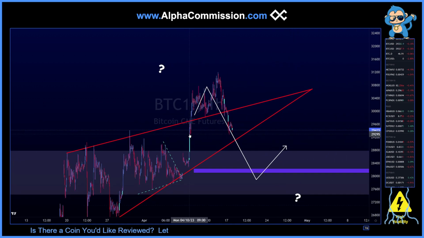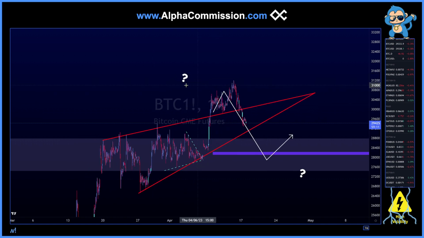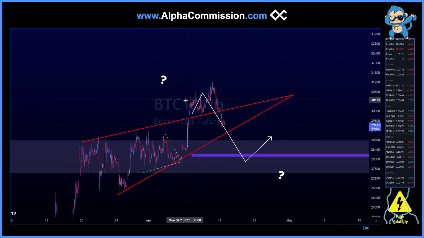And part of my reasoning for this drop here, I did show this in the Discords. When we were over here and we hadn't even touched the top of this red rising wedge, I did suggest that there was a likelihood that we could push up, actually deviate on top of it, and then come back down. And I posted this chart in the Discords, so it was more than a week in advance. And we not only broke up here, but we also broke down almost exactly on the line that I had drawn. And my rationale for this is that we have this CME gap right here at 28,200 on the Bitcoin